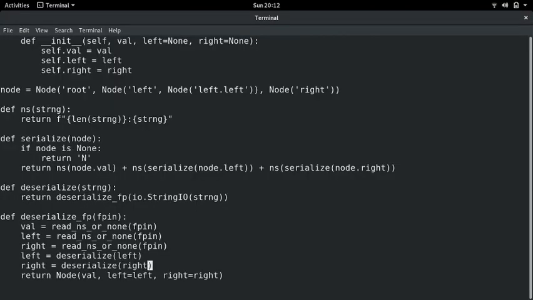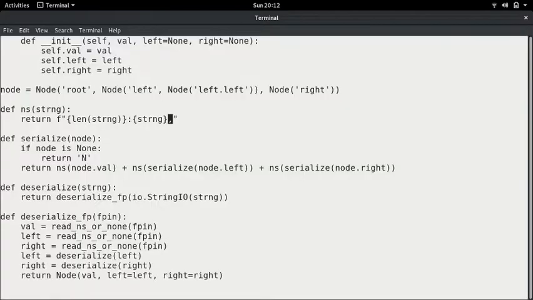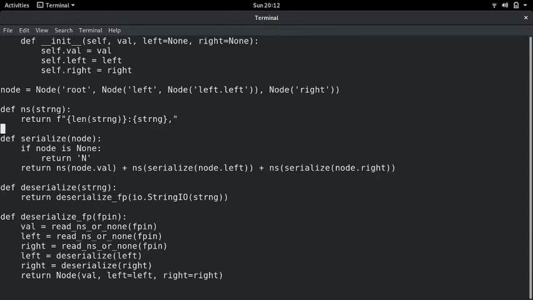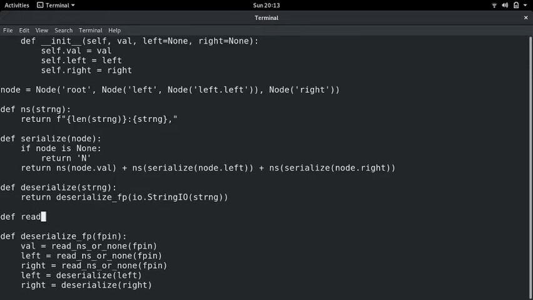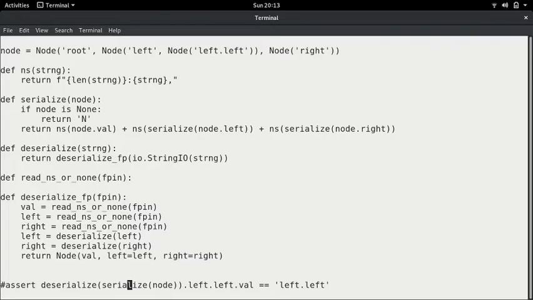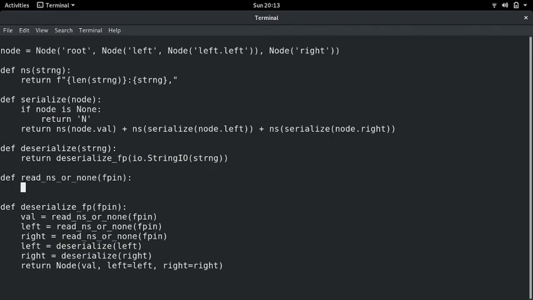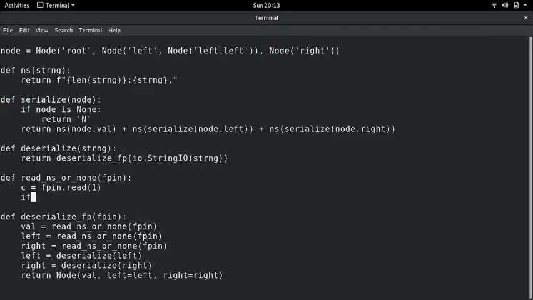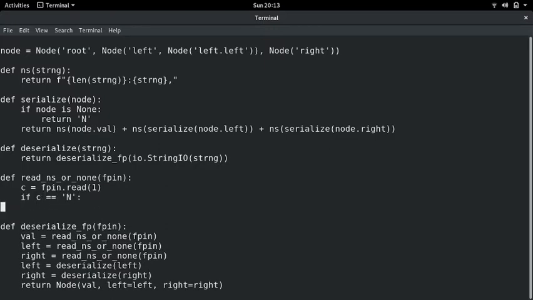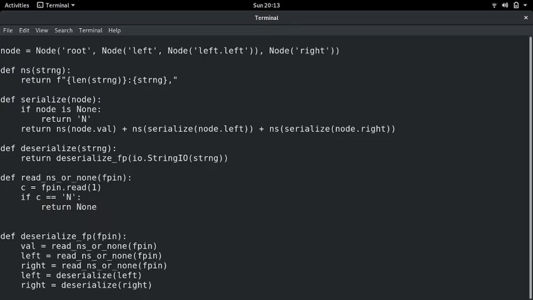So this is what I meant by net strings nesting. You can put a net string in a net string. Let's actually make this net string. Okay. And now we need to implement read an NS or none. And this goes like this. If there is not a net string, it's none. Otherwise,